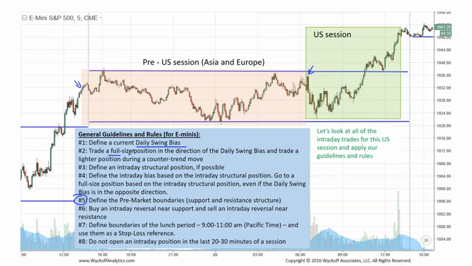And I want to trade a full-size position in the direction of that swing, and maybe a lighter position size in the counter-trend moves. I want to also understand an intraday structural position, and based on that, my bias might change. So what do I mean by that? For instance, there is an attempt to upthrust here. So let's say our daily swing bias is up, but our intraday structural bias is what